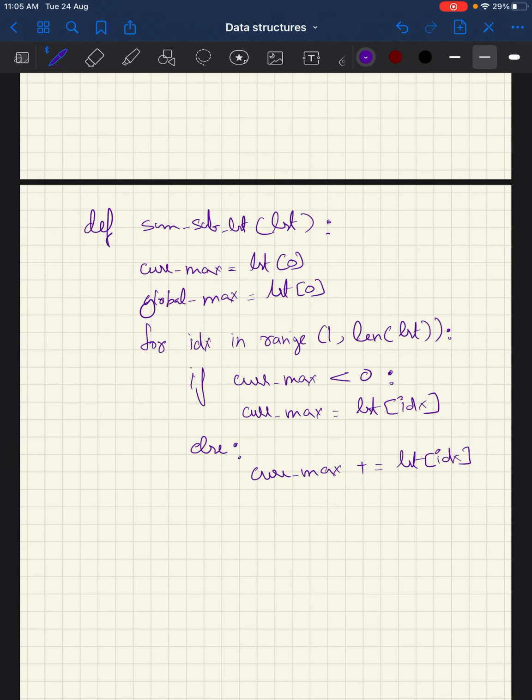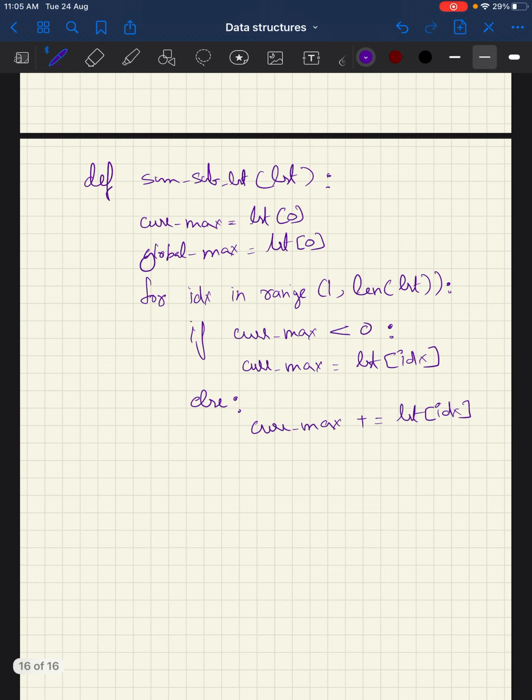And then once this iteration is happening, we should also check whether the global max needs to be updated. So we will do, if global max is currently less than current max, then we will set global max equal to current max.